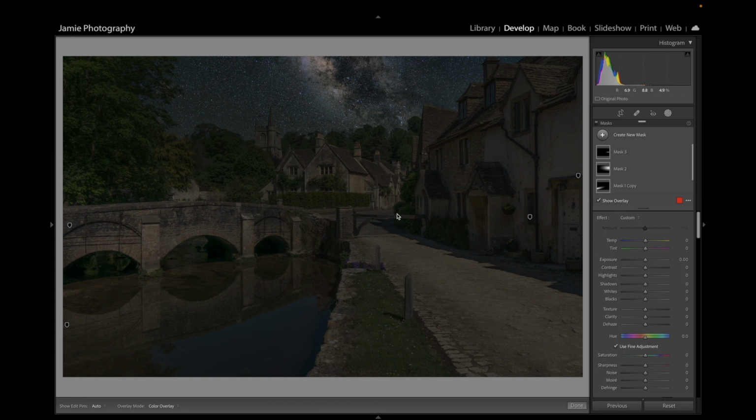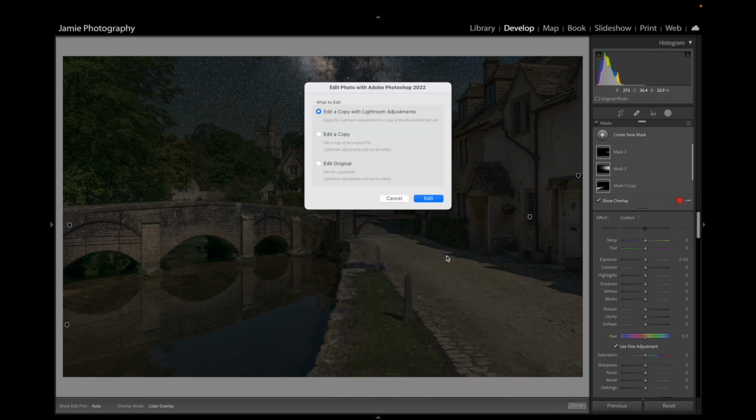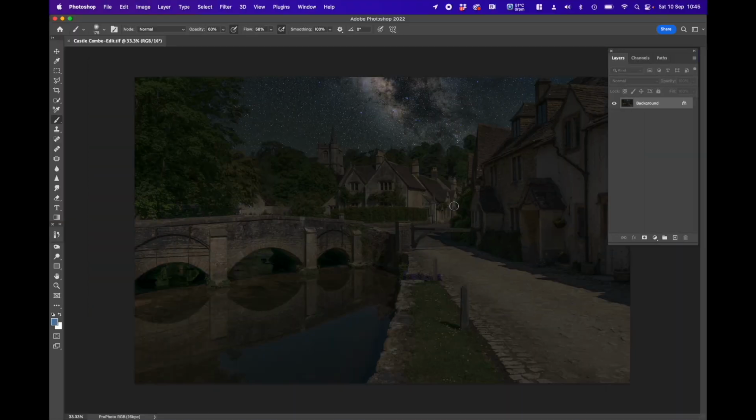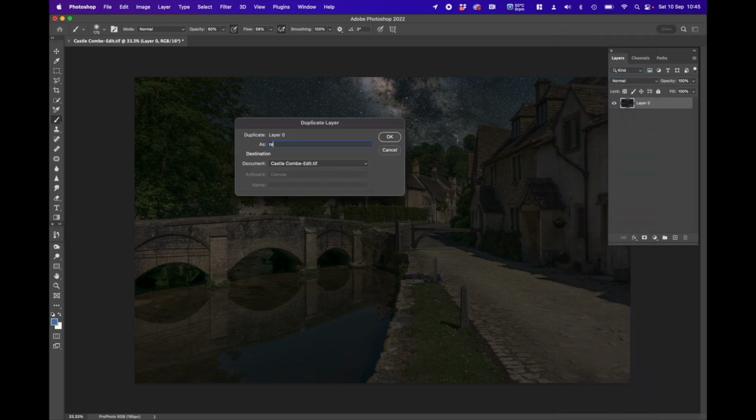So just before we continue any further, I'm going to right click, edit in, and send this over to Photoshop so that we can edit a copy using Lightroom adjustments. We want to use what we've got there, so edit that. So I'm going to throw this over into Photoshop. I'm keen to get a reflection in this water area, because obviously this beautiful sky up here would be reflected down here. To do this, we unlock the top layer, we right click on it, and we duplicate this layer. Okay, the next layer we can call reflection,